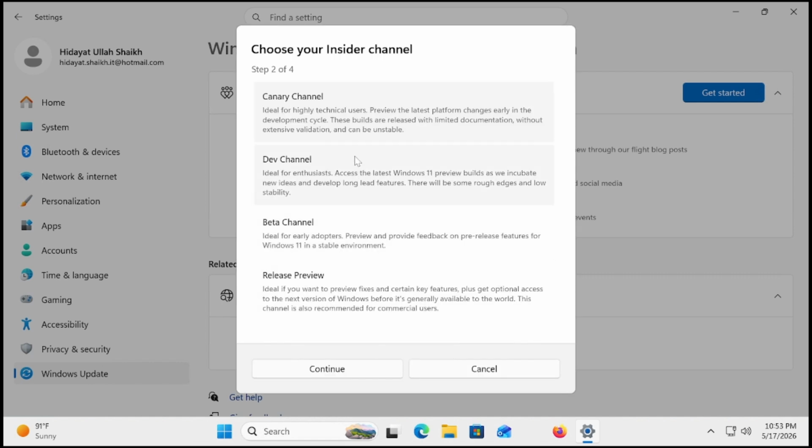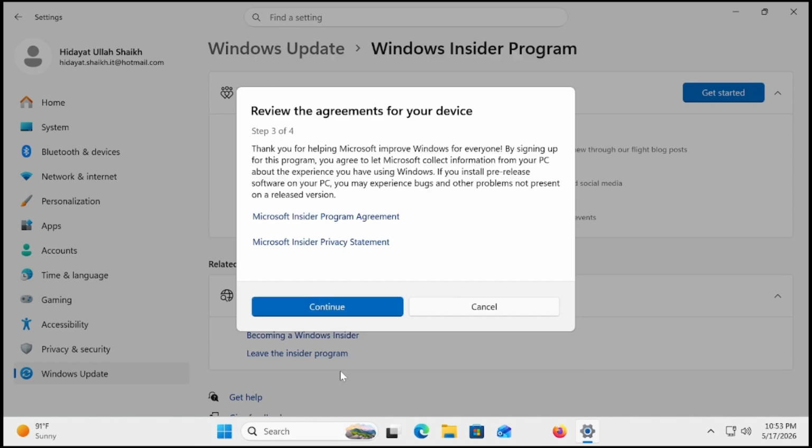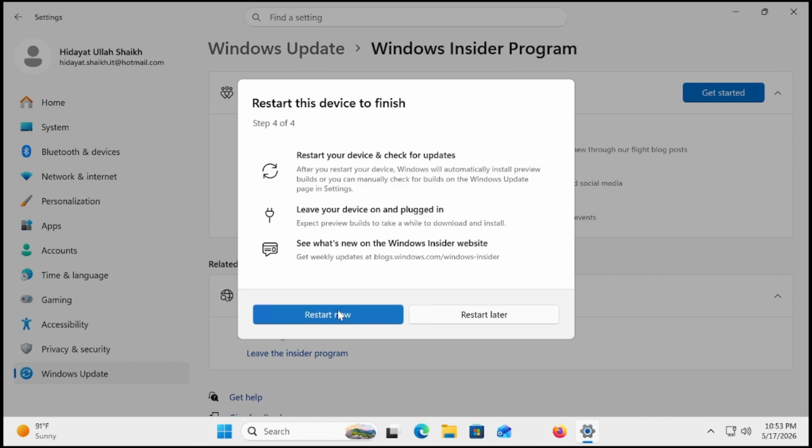So now you can see it. I think it was stuck. If you face the same issue, just close it and rejoin it again. Now you have to select the Release Preview. The other channels are basically based on experimental builds, so I will request you to join the Release Preview. Once you click Release Preview, then continue, and then continue, and you have to restart your device,